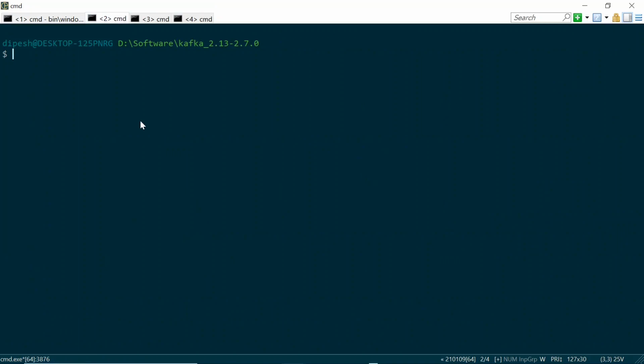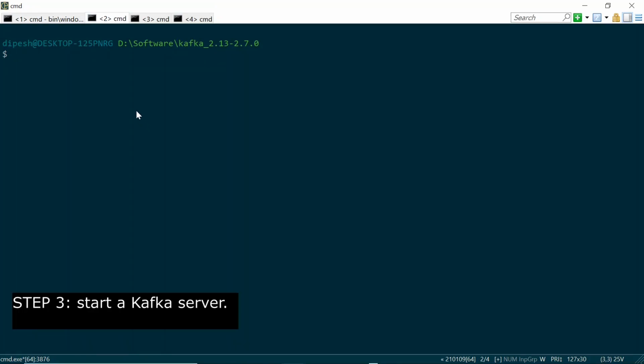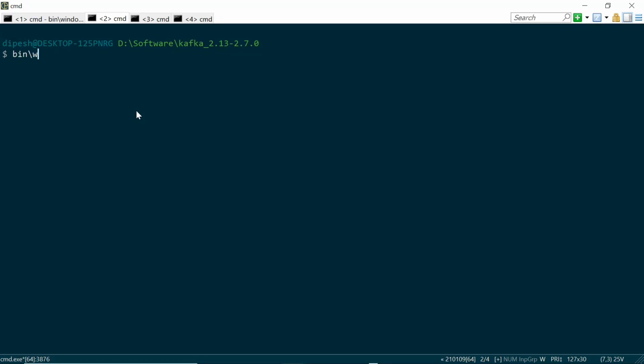Once our Zookeeper is running, let's open another tab. Here we are going to start our Kafka server. The command for that is kafka-server-start.bat, and we also need to provide a config here. We are going to pass the default server.properties.